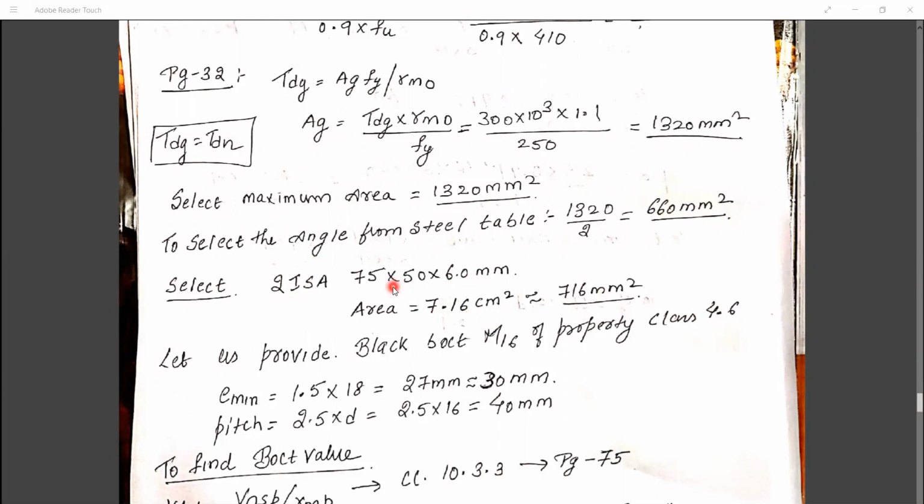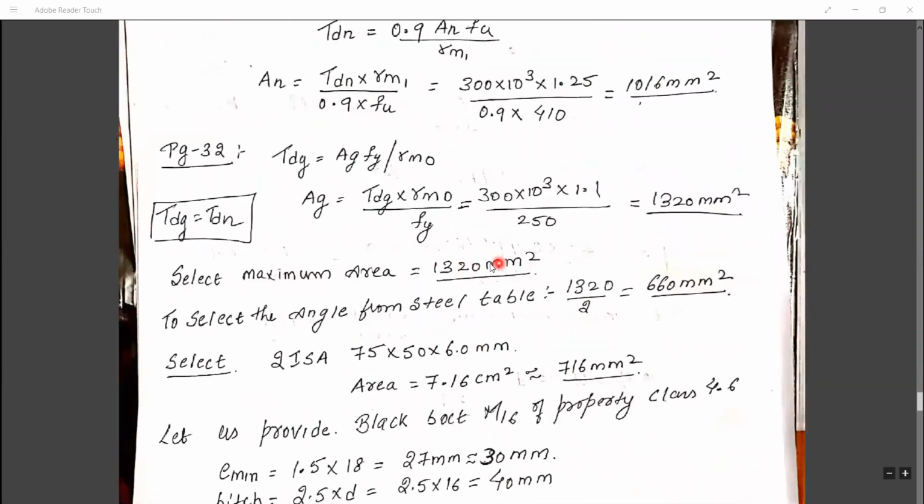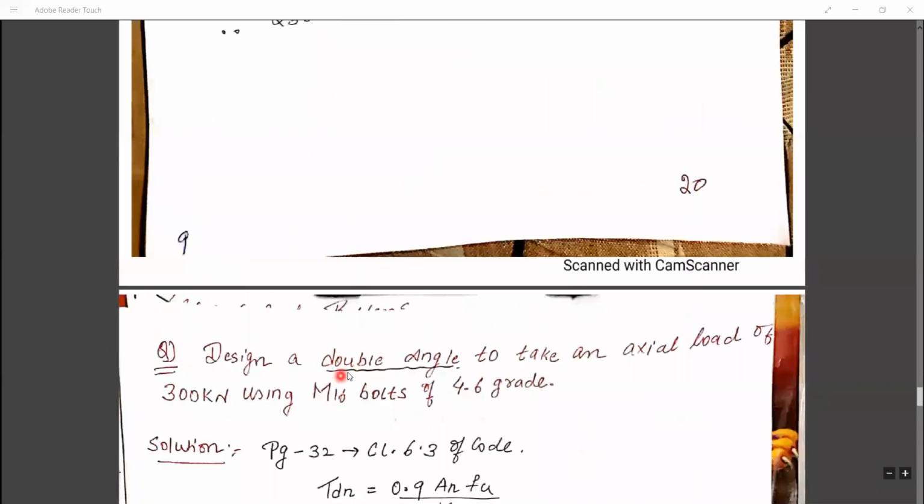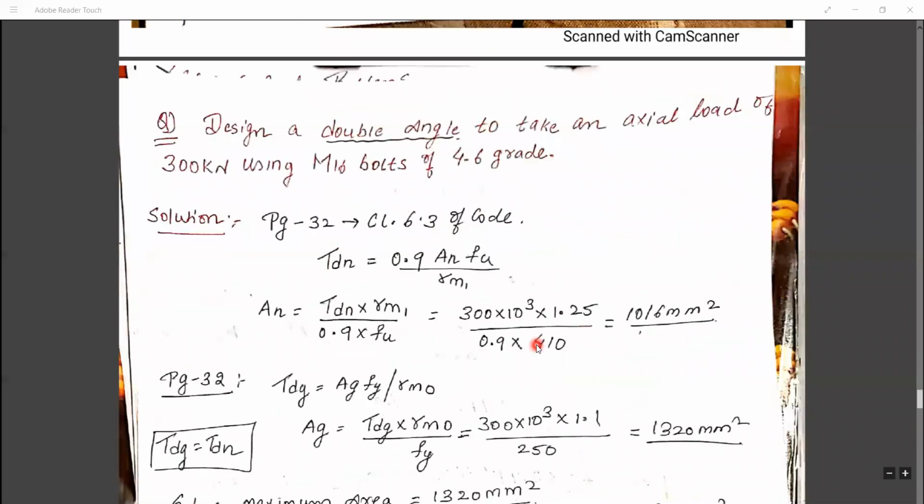You know how to take it from the steel tables, unequal angles. If you have steel tables in front of you, please cross-check it with this, because in unequal angles you can find the double Indian Standard angle 75 into 50 into 6. This is very important. If you don't do this step and directly follow the single angle section, your problem will be wrong from this part only. So I request you that you always divide by 2 if the problem is given for a double angle. Always read the question properly.